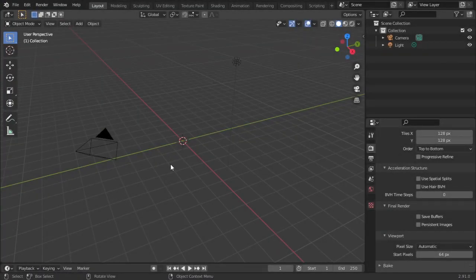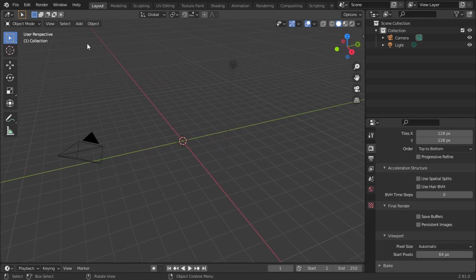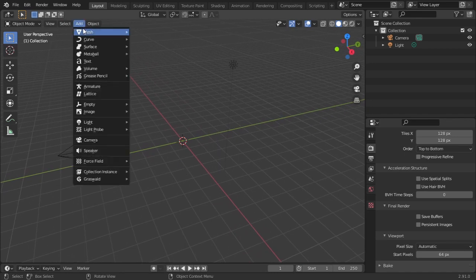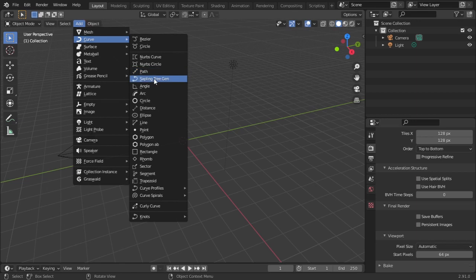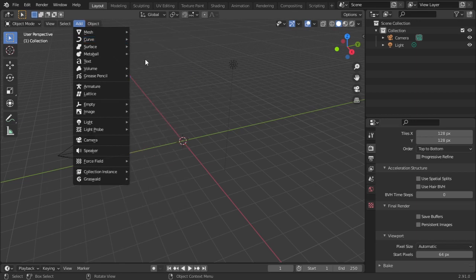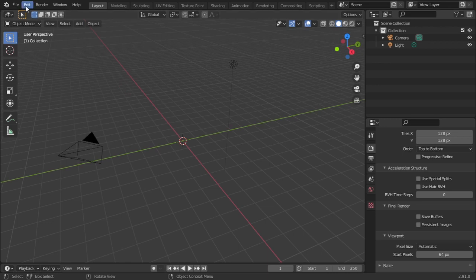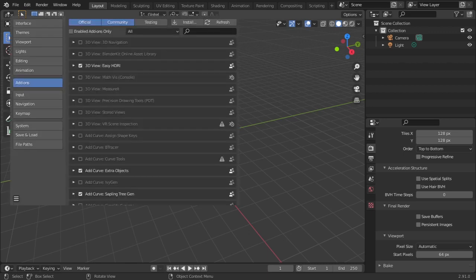Well, let us see what is the next thing that Blender has to offer us. So let us go to add, go to curve and sapling tree. To get this sapling tree, you need to do some kind of adjustments. You need to go to edit, go to preferences, and in this preferences window,